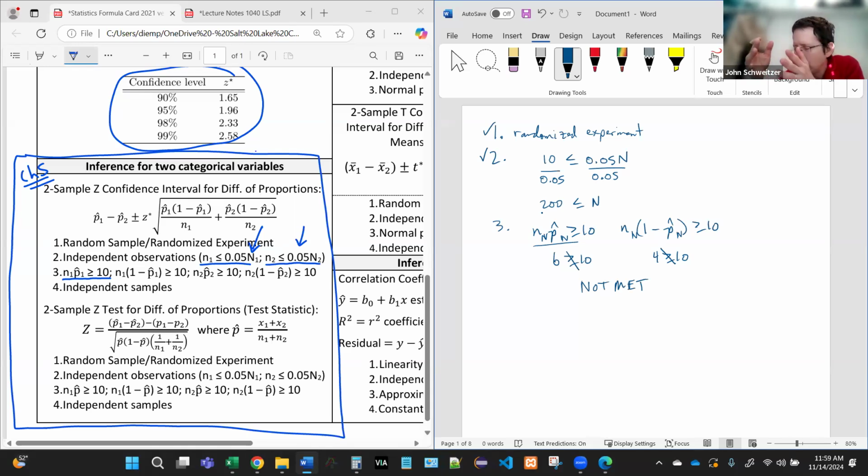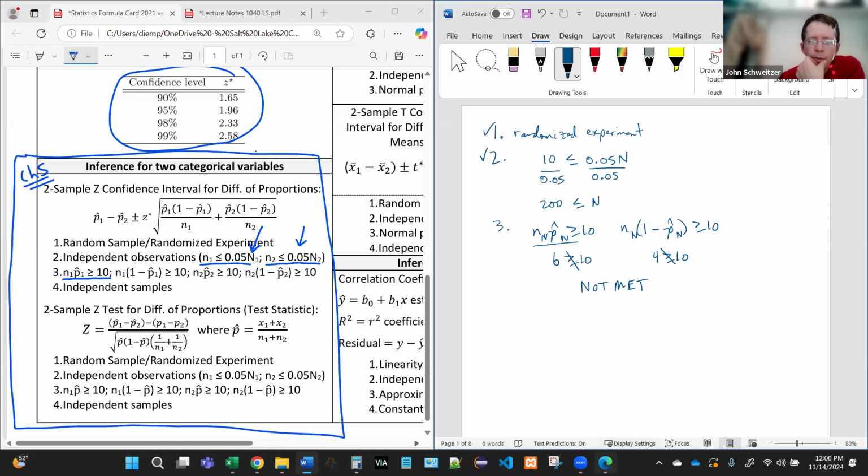Okay, so at this point, there's two things we could do. We could just say, well, the whole thing is junk, and we're going to throw it out and ignore it. Probably a more prudent approach would be to say, well, okay, collecting data on penguins is difficult, right? You have to go to Antarctica at least a couple of times, and the number of people who know how to do that is very small. It's expensive. So we're not going to throw the data out. We'll go ahead and use the confidence interval, but we're going to tell people, hey, we're a little bit unsure of the results here. So it's kind of like an asterisk, right?